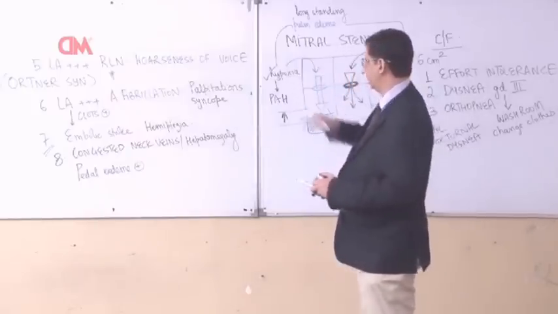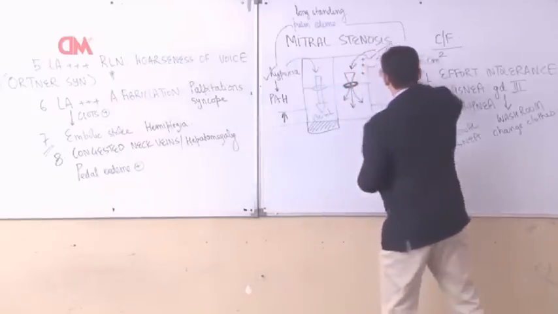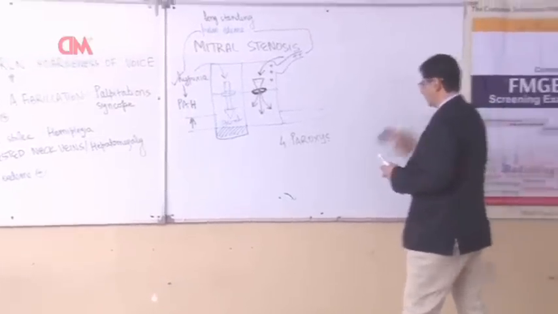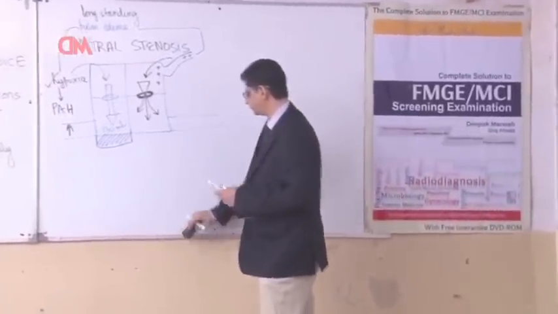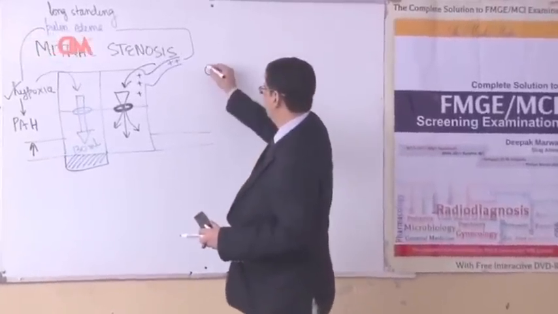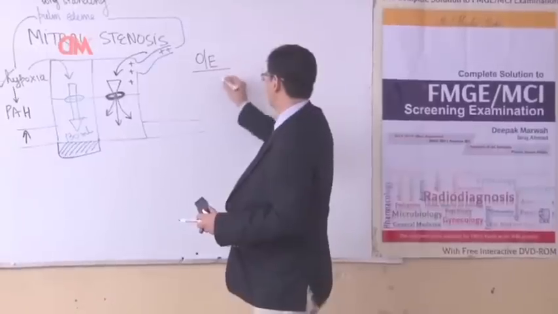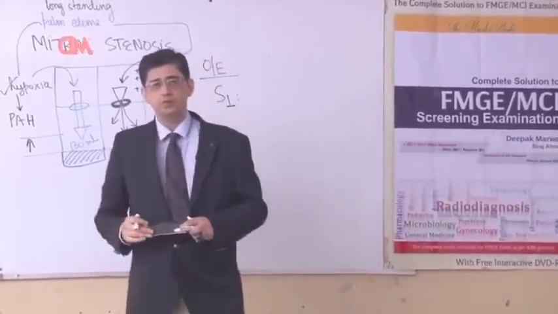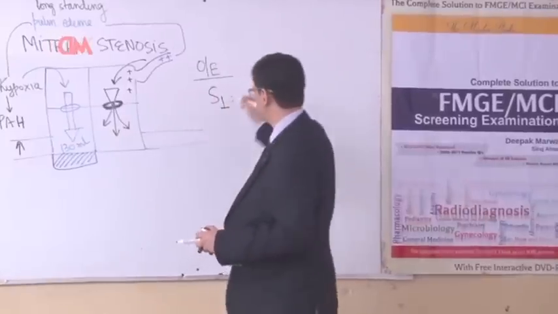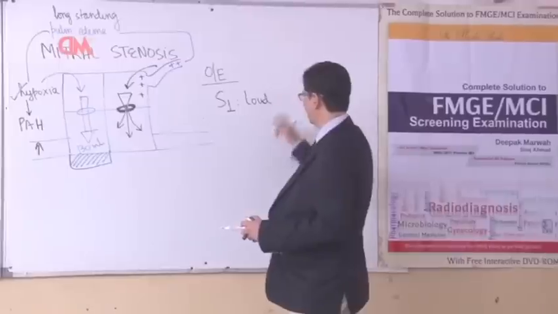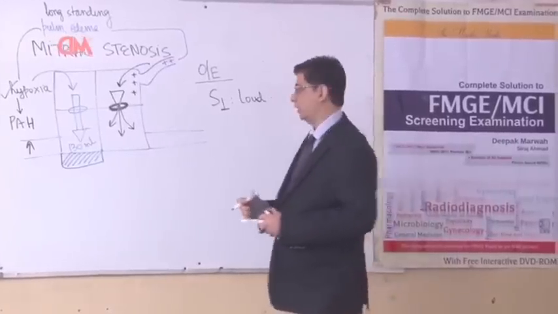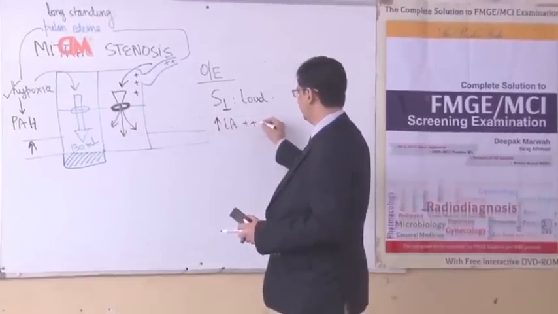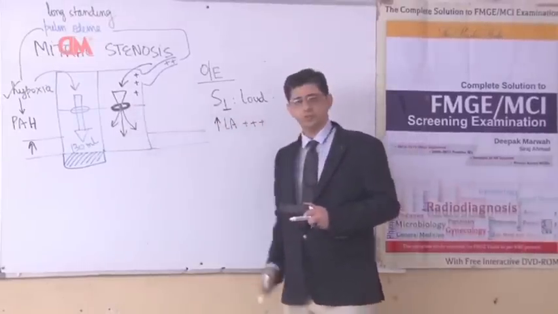When I get a patient with this kind of a profile, I shall be auscultating the patient. Let us now look at the auscultatory findings that are seen in patients of mitral stenosis. In this patient on auscultation, I shall first be listening to S1, and most of the time in patients of mitral stenosis, the first heart sound happens to be loud. Let us see why. In patients of mitral stenosis, as you can see, there is increase in the pressure of the left atria. You can see the physical obstruction.